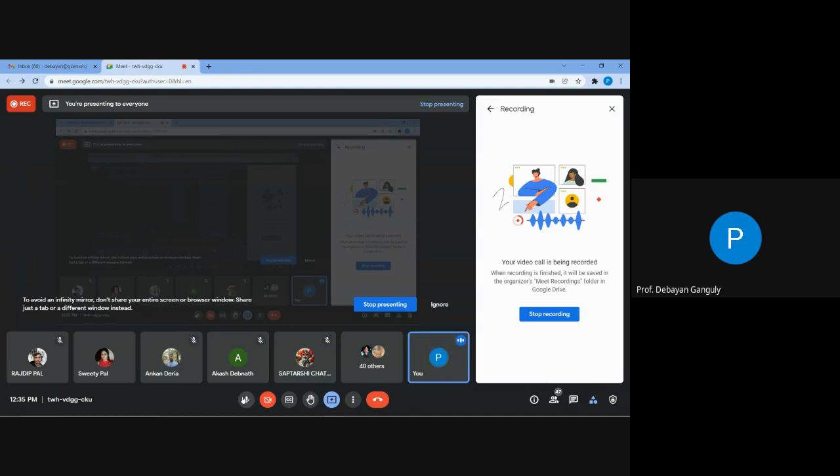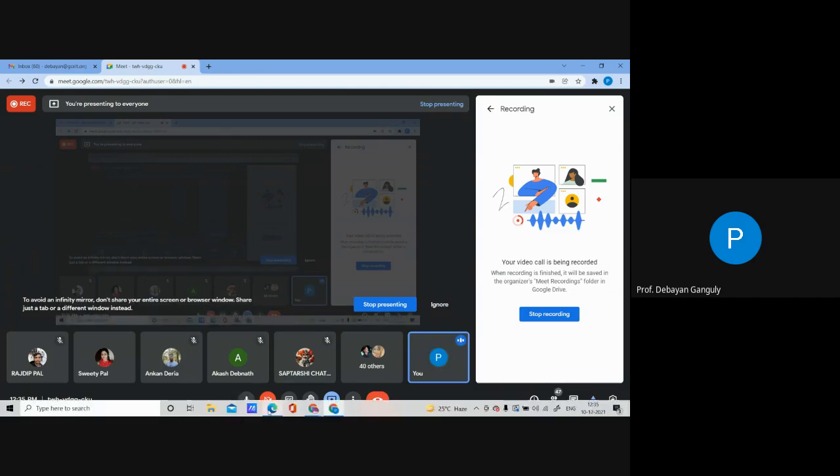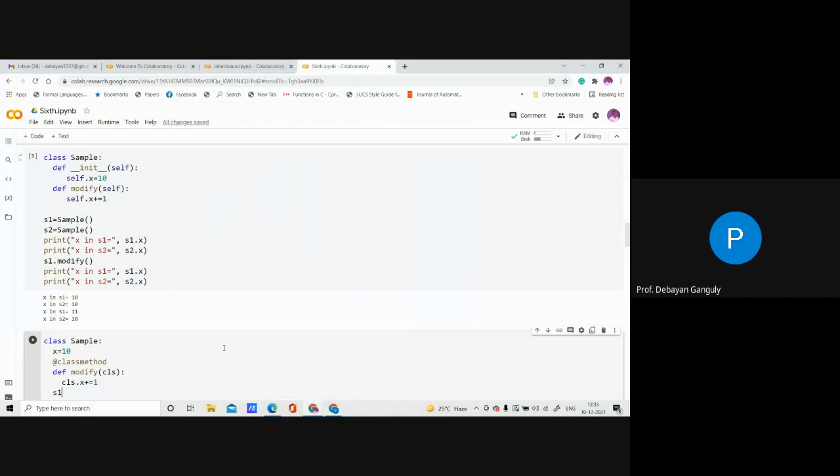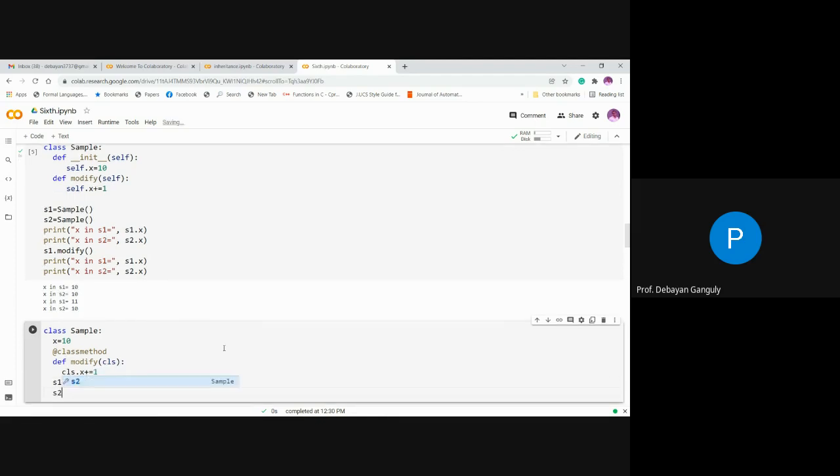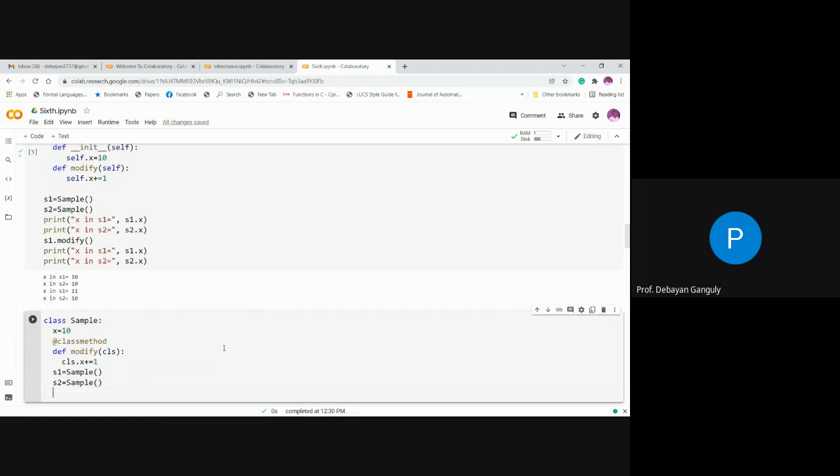হ্যাঁ, তো আমরা হচ্ছে যেটা ক্লাস ভেরিয়েবল তোমার দেখছিলাম, এটা হচ্ছে একটা ডেকোরেটর মেথড, সেটা আমরা পরে দেখবো। This is nothing but a class method, which is a decorator. So I am creating two instances as before, one is s1 equals to sample and say s2 equals to sample, and I just want to print that